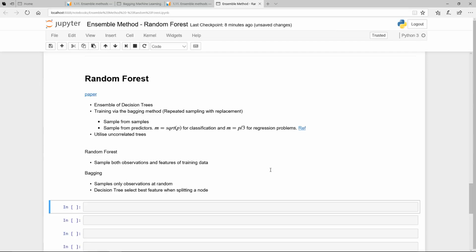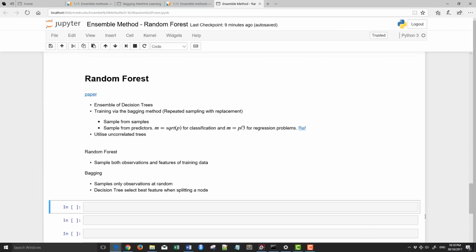Okay, so that means they ignore other features when doing this sampling. So I guess the other way to think about it is that bagging will basically only focus on the training data itself. It will leave the features, meaning it will include all of the features, whereas the variation in random forest is that it will randomly select features. Okay, so with that